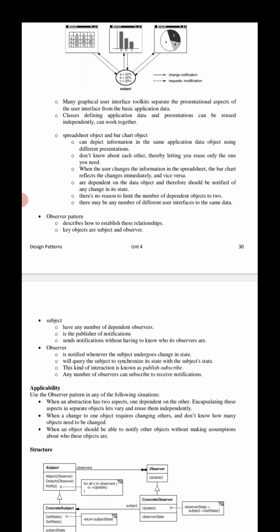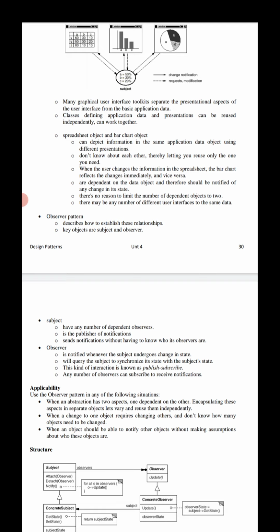The behavior implies that the spreadsheet and the bar chart are dependent on the data object, and therefore they should be notified of any change in its state.